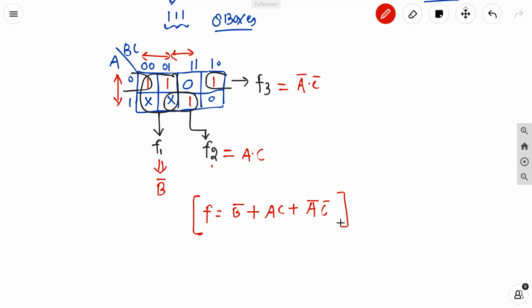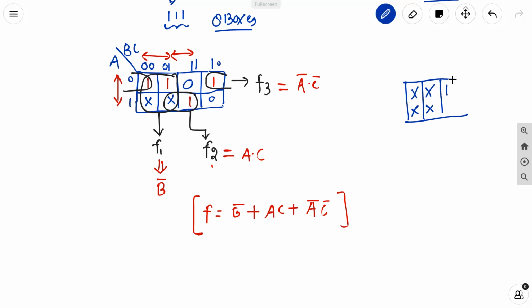So I think you will understand the meaning of don't care here. I will simply involve these don't cares inside the possible grouping. If a quad is possible, I will involve it. If a pair is possible, I will involve it. First of all, try to involve all the ones. You cannot do it like this. Suppose this is a scenario and someone says you can involve